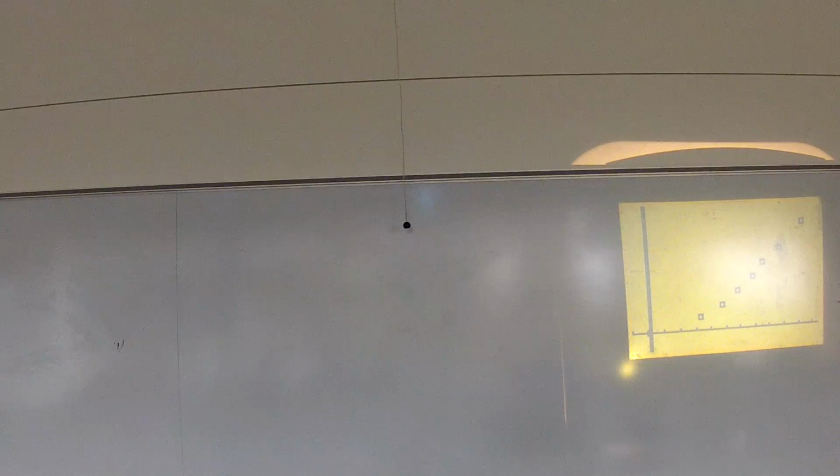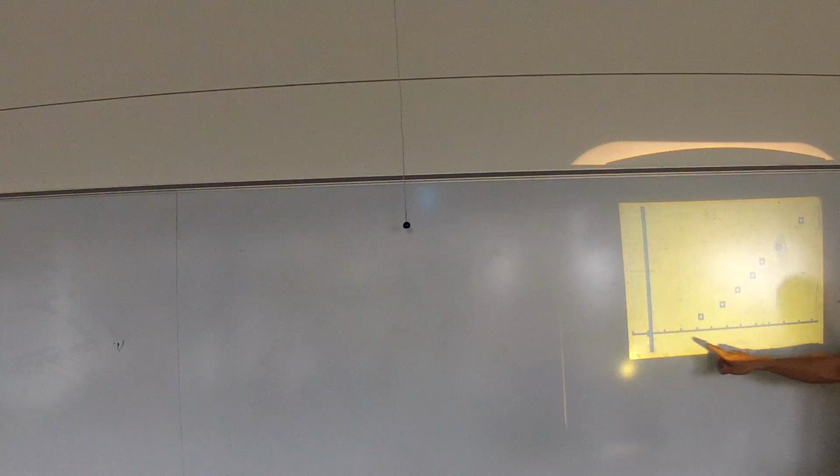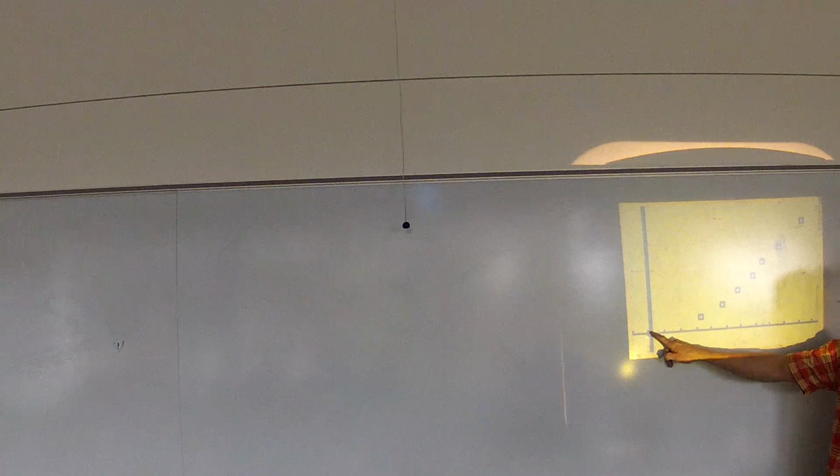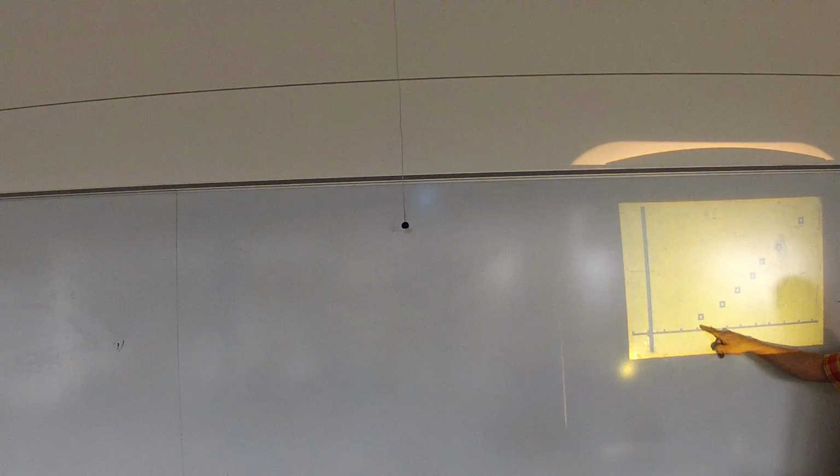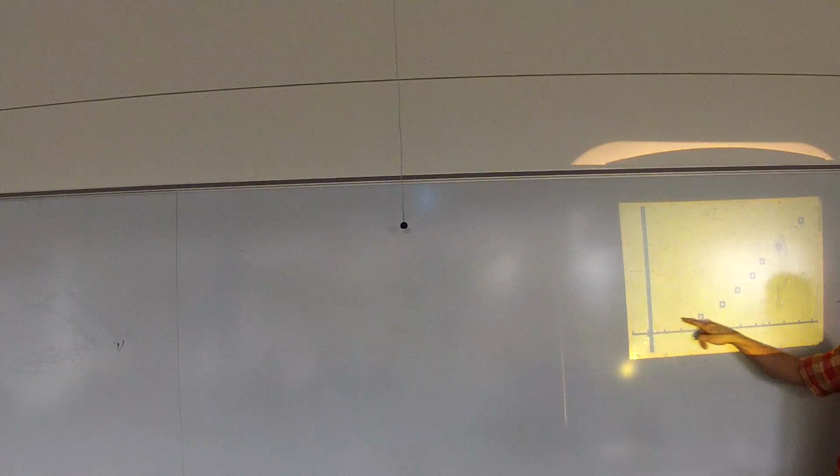We got ourselves a scatter plot. There is a point down here. It's kind of hard to see. It's right over here. That's 0, 0. This is the amount of time it took me to get to 25 feet.